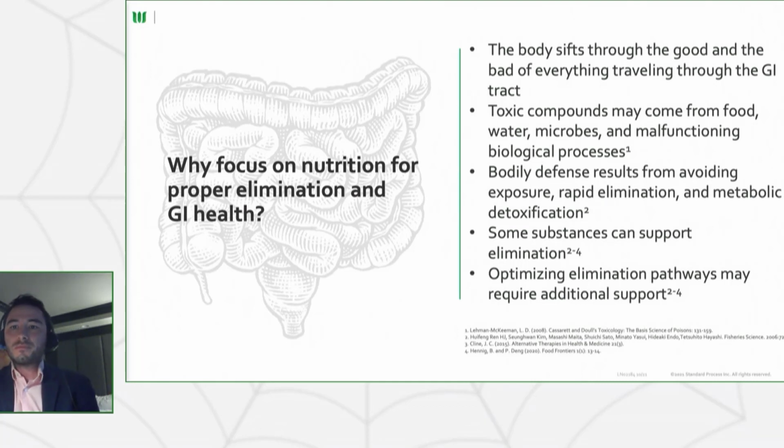And so the bodily defenses result from avoiding exposure as well as driving that rapid elimination. So things can either be interacted with directly, taken up in the body, but they could also be just avoiding any kind of interaction in general by driving that rapid elimination. Some substances can actually support this, and for a lot of our elimination pathways, they may, under certain conditions, actually